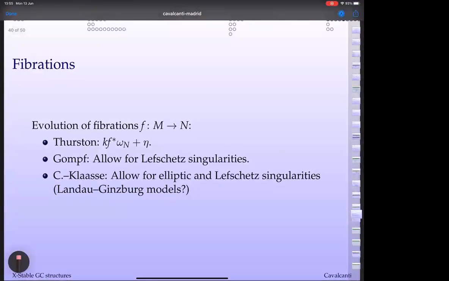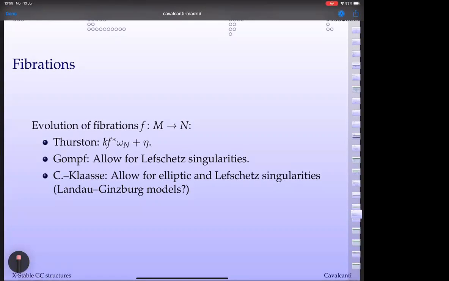So now that you have all the singularities in place, you can think a little bit about what happens with fibrations, so the evolution of fibrations. Thurston proved back in the day that if you have a symplectic fibration over a symplectic base, you can put a symplectic structure in the total space. You just pull back the structure from the base, add